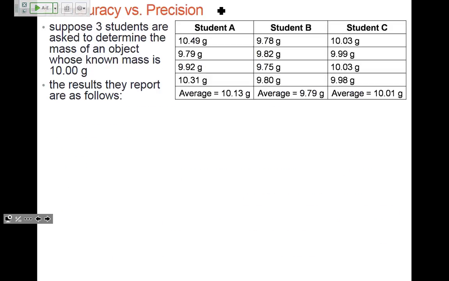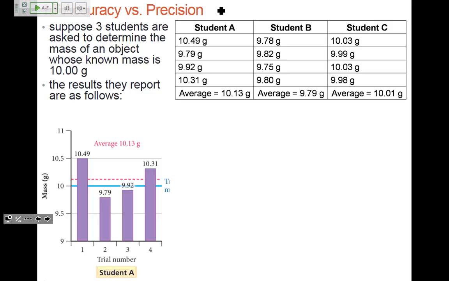So if we look at this example, student A, student B, and student C, in this case we're determining the mass of an object. We can say some things about student A, B, and C's accuracy and precision. Sometimes looking at it like this isn't as easy to tell, so we might use some sort of graph to visualize this data in a more comparable way. So looking at that, if we know the known mass is 10 grams, and we look at student A's numbers, we can see that